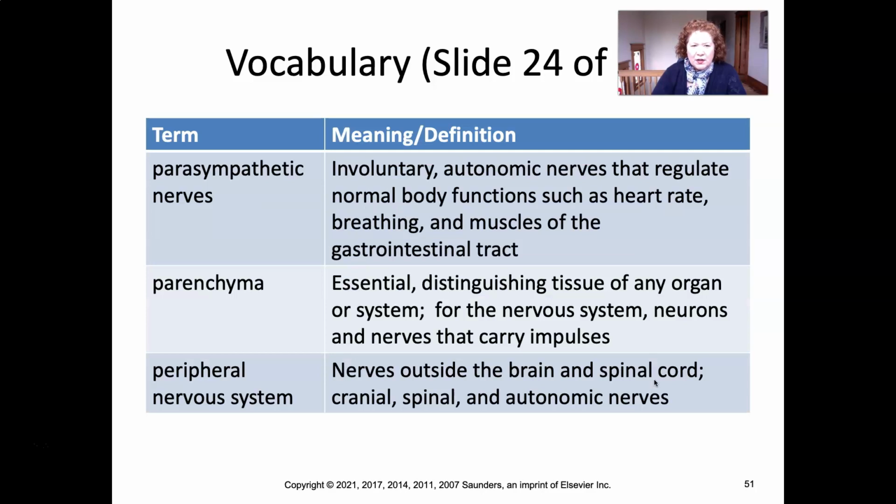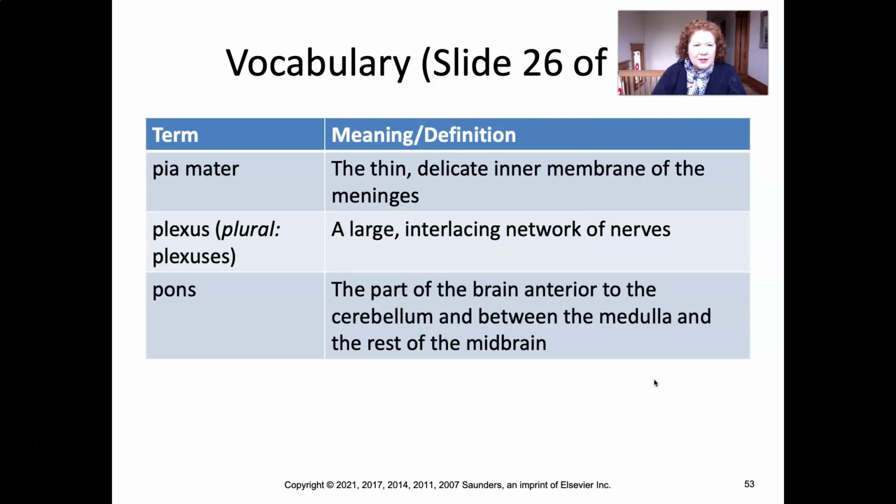Parasympathetic nerves, parenchyma, peripheral nervous system. Pia mater, plexus or plexuses, and notice the difference in plural. I would have expected plexi from some of our others, but it's not, it's plexuses, so watch out for that. Pons,